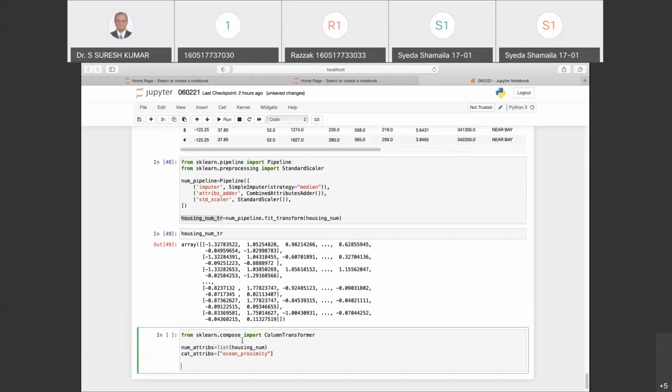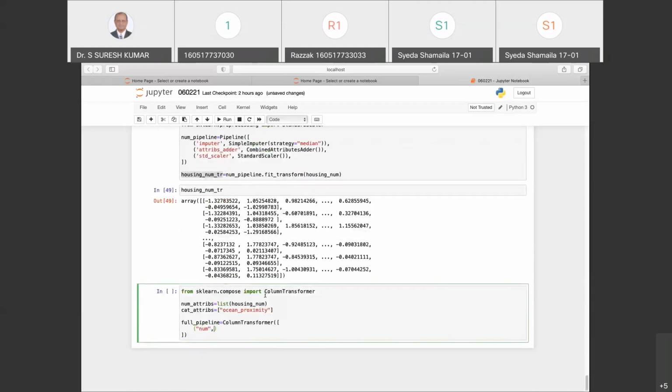Now this whole thing I'll create as a full pipeline. So I'll say full_pipeline is ColumnTransformer of, let me take both, the numerical pipeline and the numerical attributes.